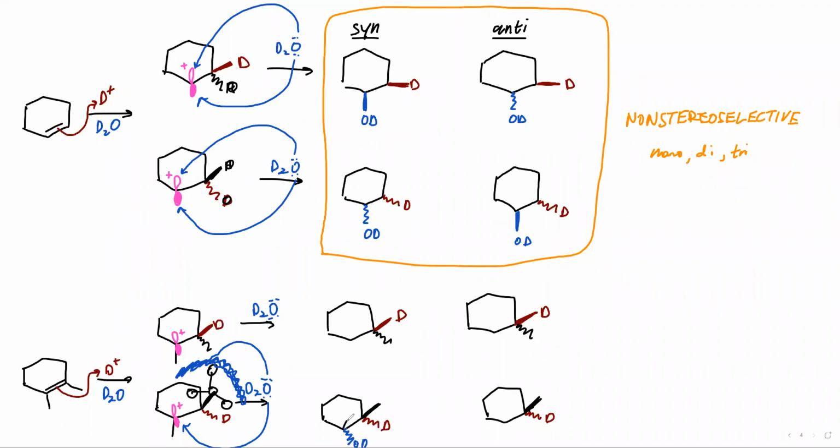Well, another way of saying this then is that water adds syn most of the time, as opposed to anti, right? So it adds syn to the deuterium, but anti to this methyl because it hates this methyl. It doesn't hate it, but it's a bit of an issue. But we're more likely to see syn additions than we are to see